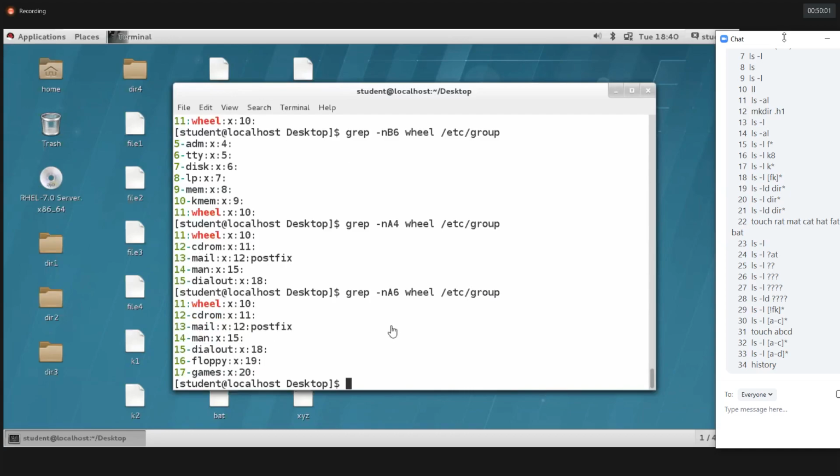So second, use the grep command to filter the word in a line. What is the full form of grep? It's global regular expression print. So not only words, guys. If you want, you can find files also. If you want, you can find the data in the output also using the grep command.